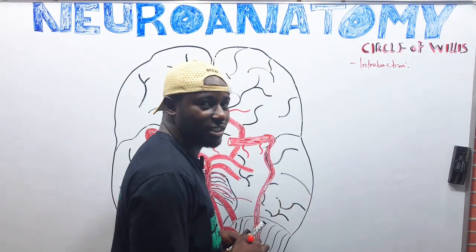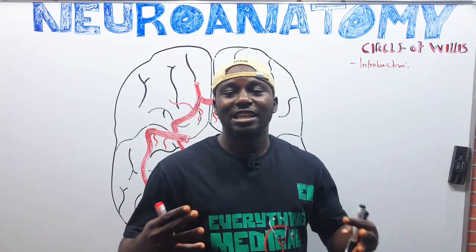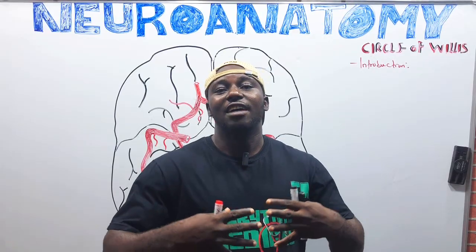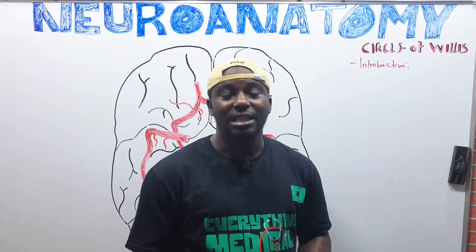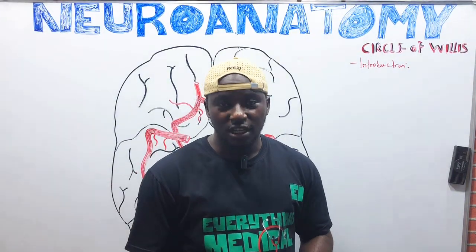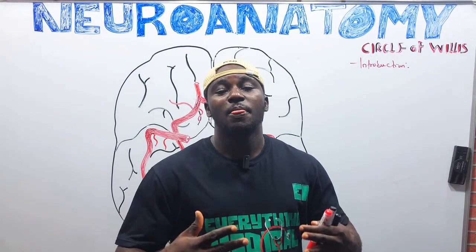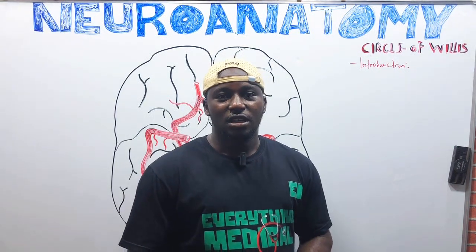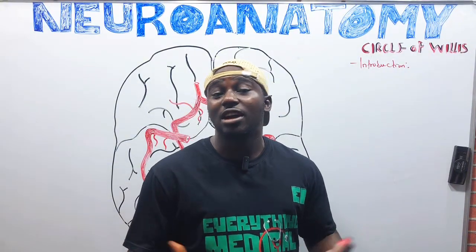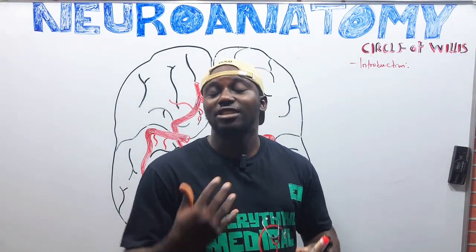What is the Circle of Willis? The Circle of Willis is that vascular architectural network, or the vascular anastomosis, that gives strong perfusion to the structures of the brain. It is that anastomosis in the brain that supplies the neural structures, right? It is a vascular architectural anastomosis, which gives strong vascular supply to the structures